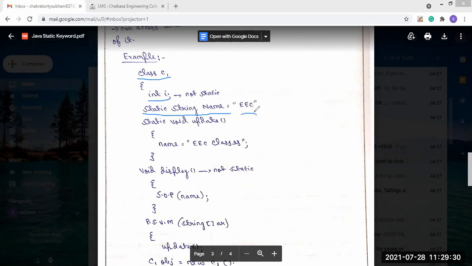So this EEC will be constant throughout the program.